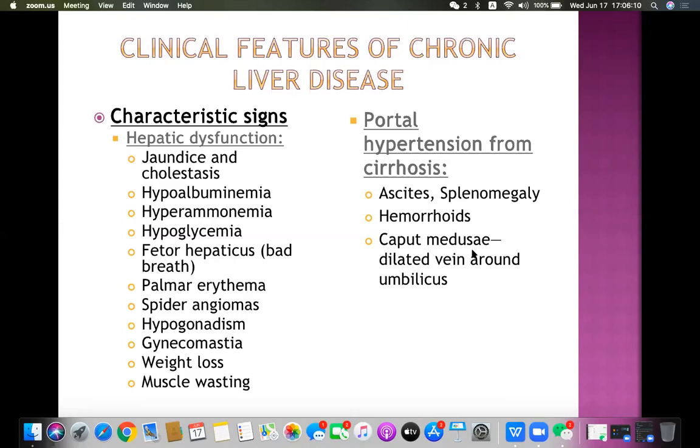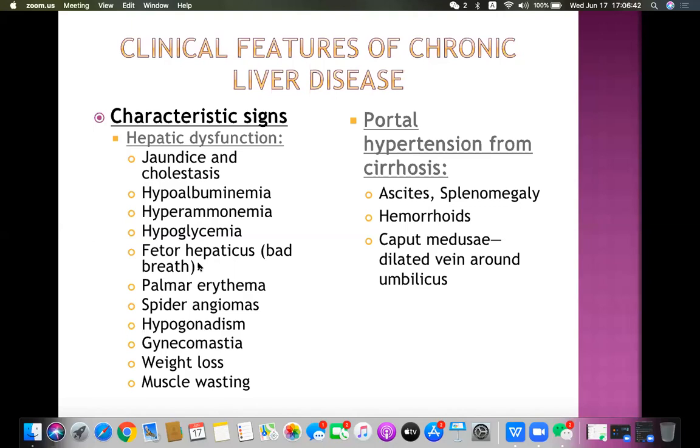Now let's come back to the topic. These are the normal thing what I'm talking about. So what happens in liver disease? Now in liver disease, all these mechanisms cannot occur properly. The process of glycogenesis cannot happen properly. The process of gluconeogenesis cannot happen. And probably glycogen cannot be broken down into glucose as well. That's why there is very high chance of hypoglycemia, means decreased blood sugar level.